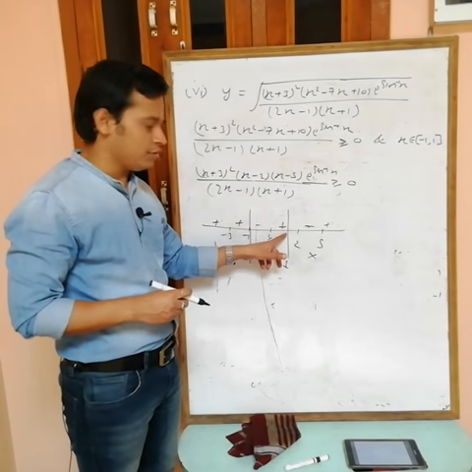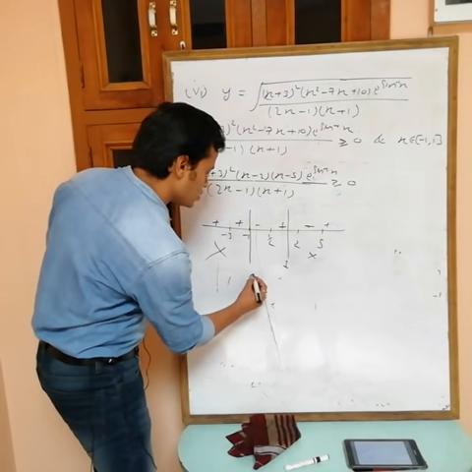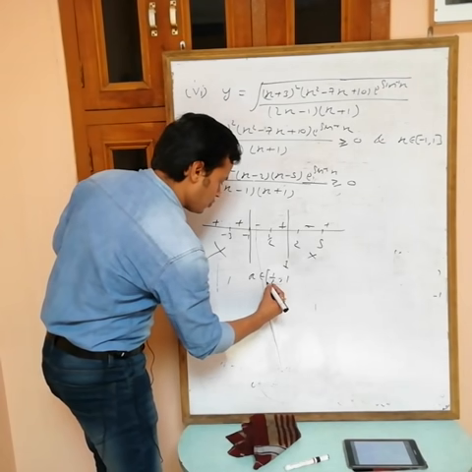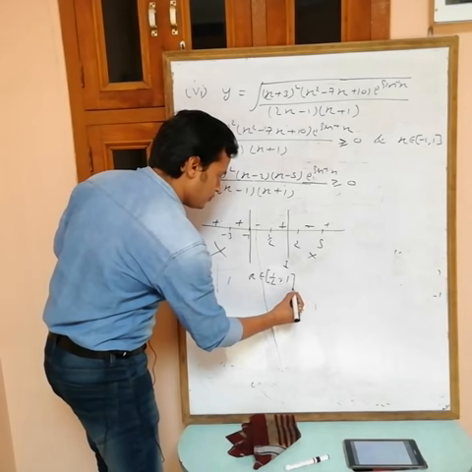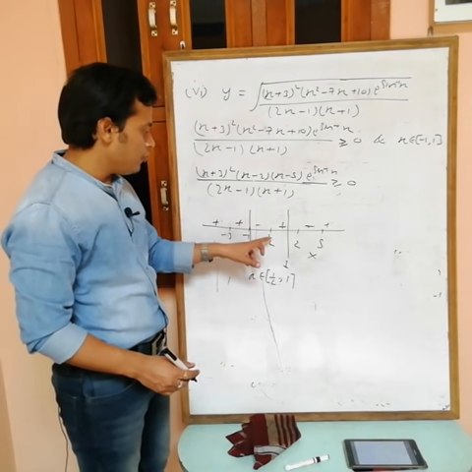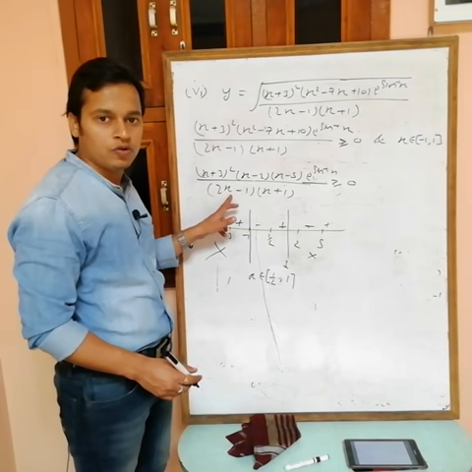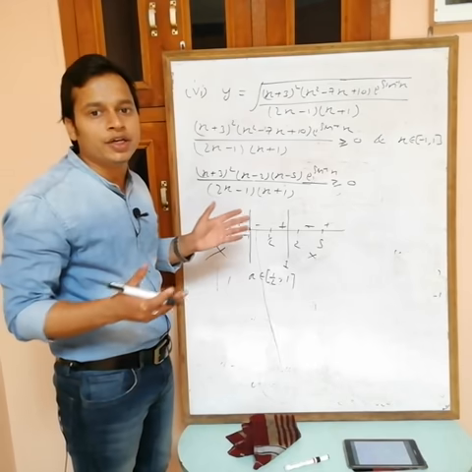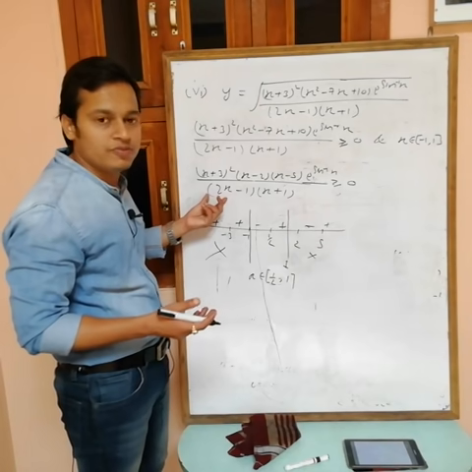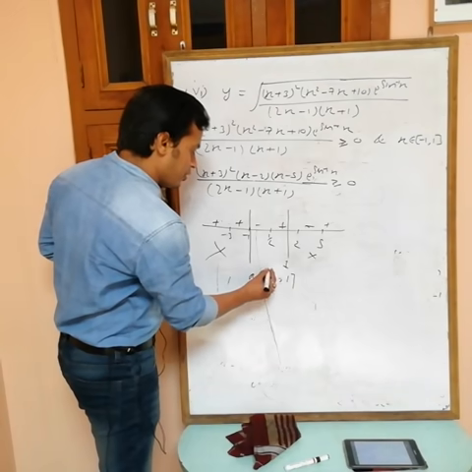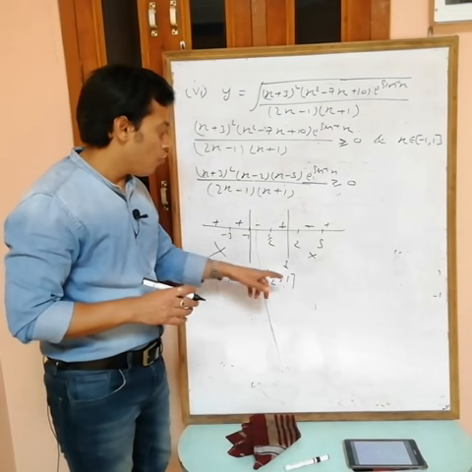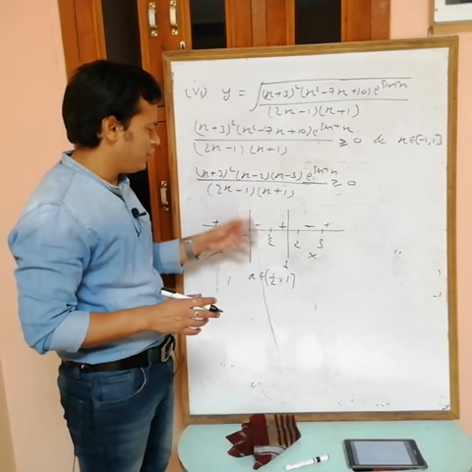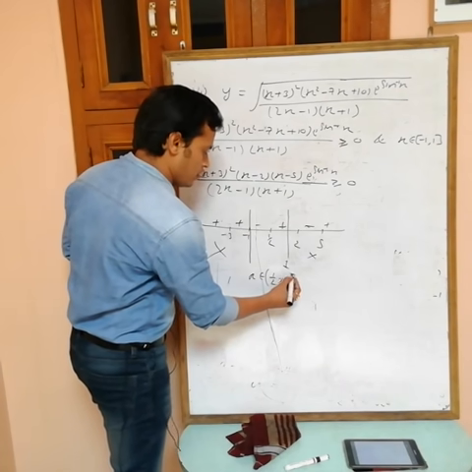1/2 to 1, yes, this one with the positive sign, so x belongs to 1/2 to 1. Can I include 1/2? Obviously. One minute, I have to check. If I put 1/2, then this becomes 0, the denominator becomes 0. If the denominator becomes 0, the total becomes infinity. We can't take any value of x such that the denominator becomes 0, so 1/2 can't be included, open interval. What about 1? For 1 there is no problem, this is not equal to 0 or infinity, and 1 is included in this one, so 1 you can include.